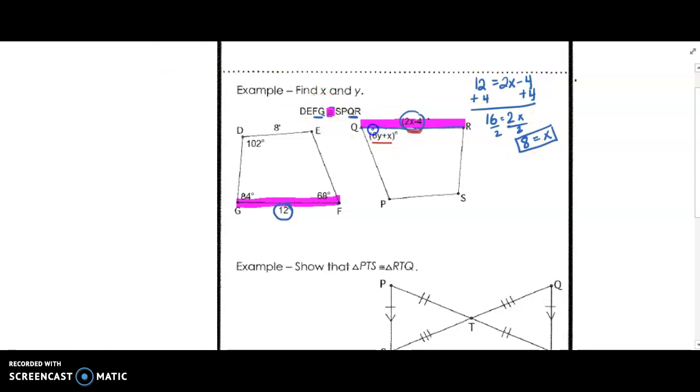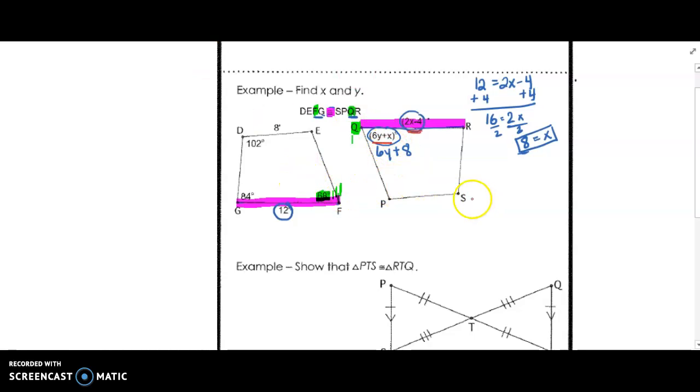Now I'm going to turn my attention toward my x and my y. Okay, so I can solve this, but I know the value of x, so I'm just going to change this to 2y plus, I'm going to substitute 8 in for x. Okay, now you need to ask yourself, what does angle Q correspond to? Okay, well Q is right here, it corresponds to F, which is right here. Okay, so angle Q and angle F are corresponding angles, which means they are congruent, which means we can set